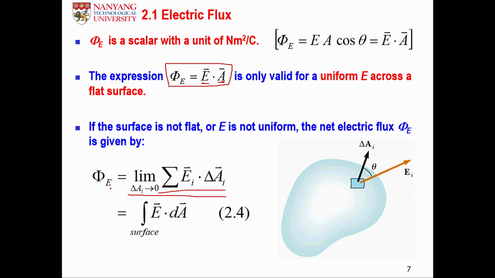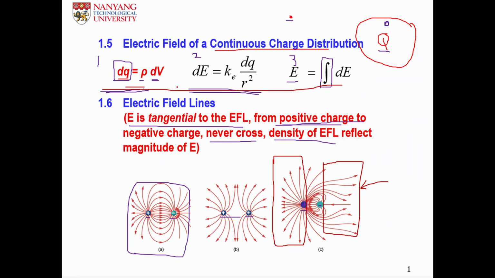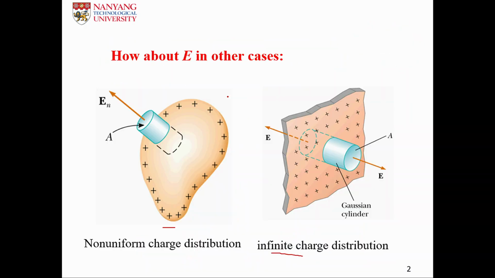If what you have is an infinite number of flat surfaces, like this kind of curved surface, then what you need to do is an integration along the entire surface. So you can see it's pretty much a similar idea, right? If one of them is not uniform, then